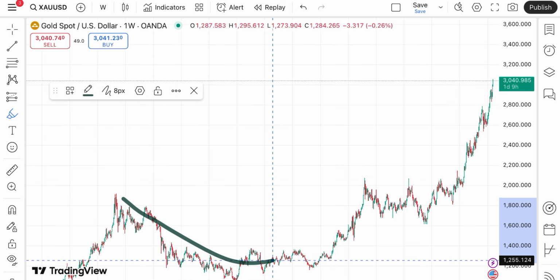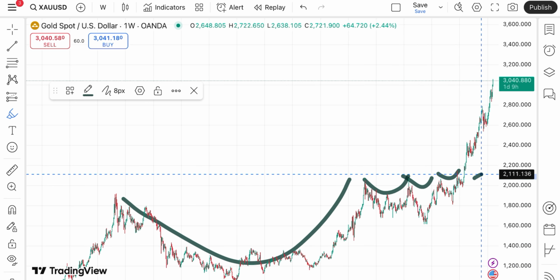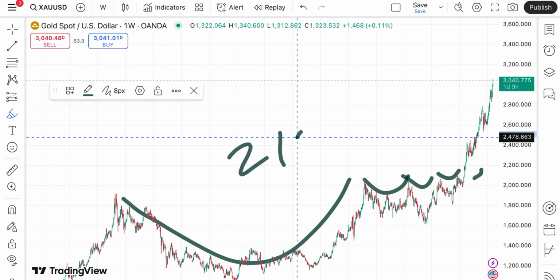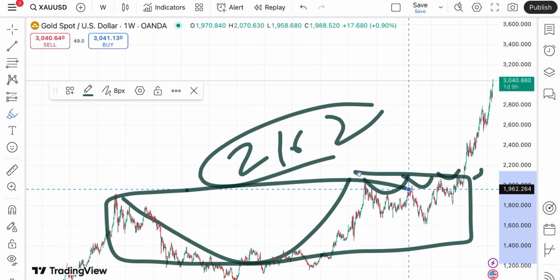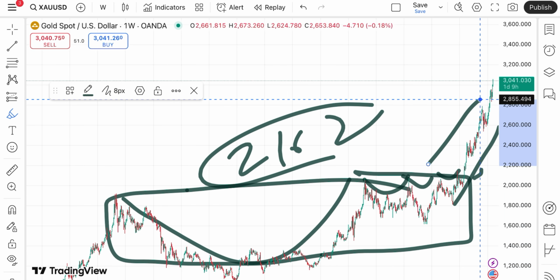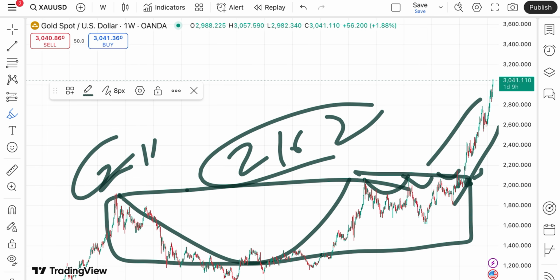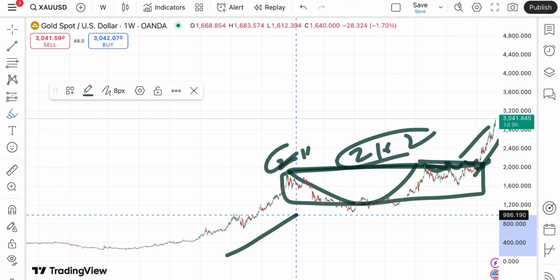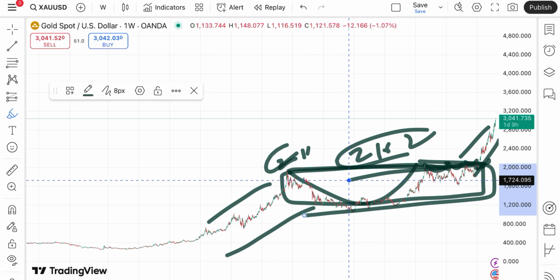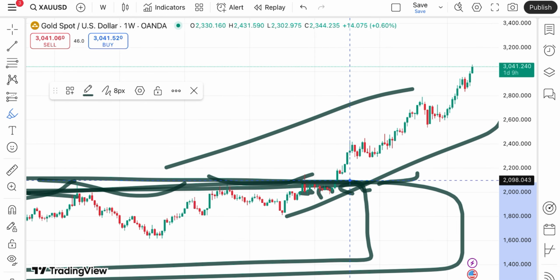See, a clear pattern has formed, a U pattern, and there are smaller patterns formed as well. The zone breakout happened at a level of around 2162. If you look at this trend, after that the price has not gone down continuously, it is moving upside. If you look at this particular level and this level, in 2011 we also saw the same level, and this is the level we saw in 2024, but after that we have seen a continuous rise. So the probability is high that if the price keeps moving above this level, we can see a further upside movement in the price of gold.